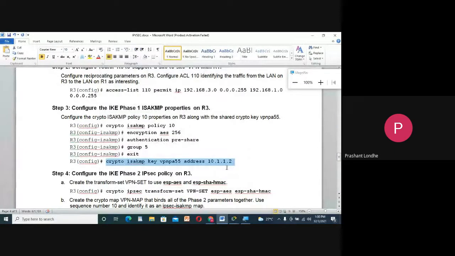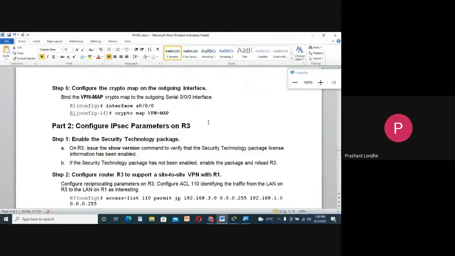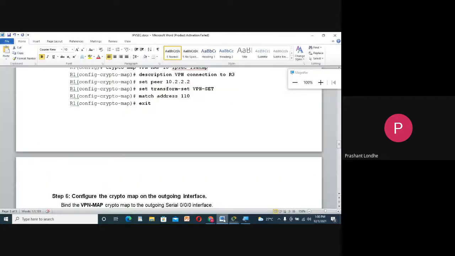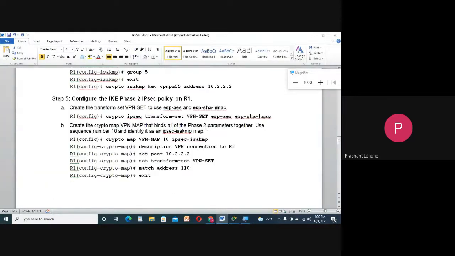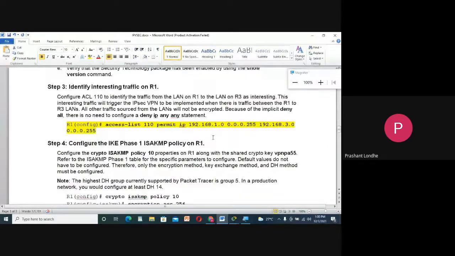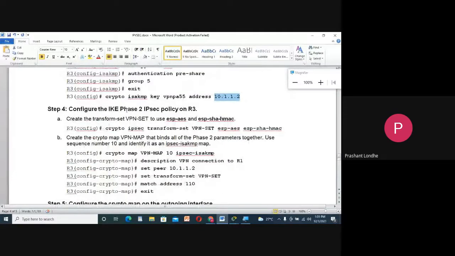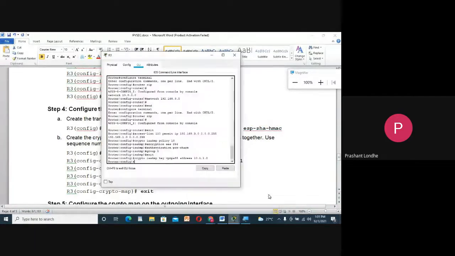Now just see here, we need to add the address of R1, or the connection of that particular outgoing edge. We need to add the address of this port, and from here the address of this port or interface, then only it will work. You cannot add any kind of foreign address over there. The next thing we are supposed to configure is IKE phase 2.